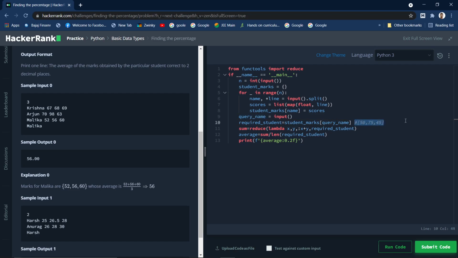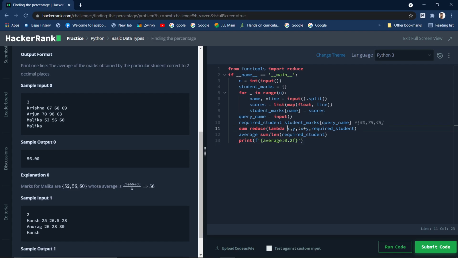And what we will do is we would use the reduce function. What the reduce function does is it accepts a function and an iterable or a sequence. As the name says, it reduces this particular list. The function which we pass could be a normal function or a lambda function.